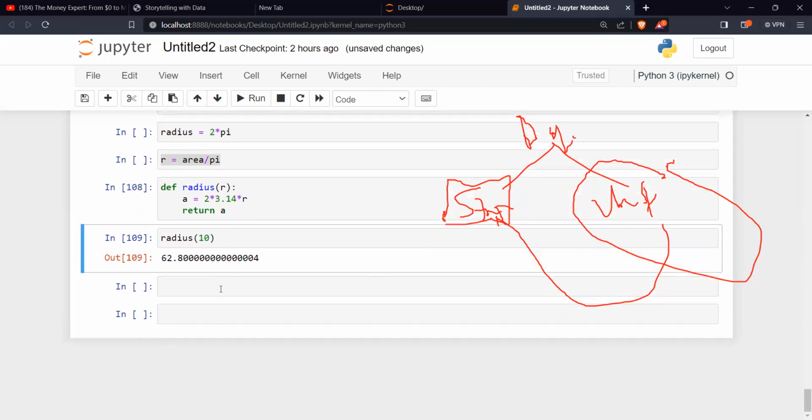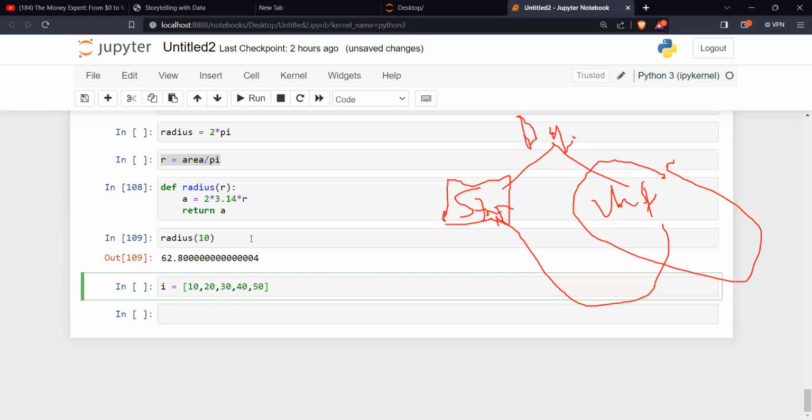Now imagine that I have different radii. Maybe when it's 10, calculate when it's 10, when it's 20, when it's 50, when it's 60. So I can say maybe 10, 20, 30, 40, 50.